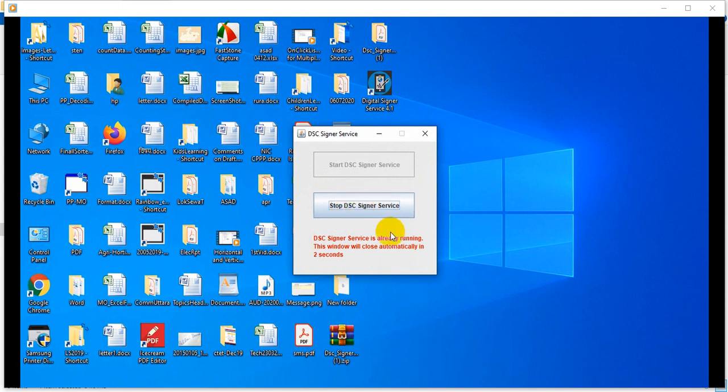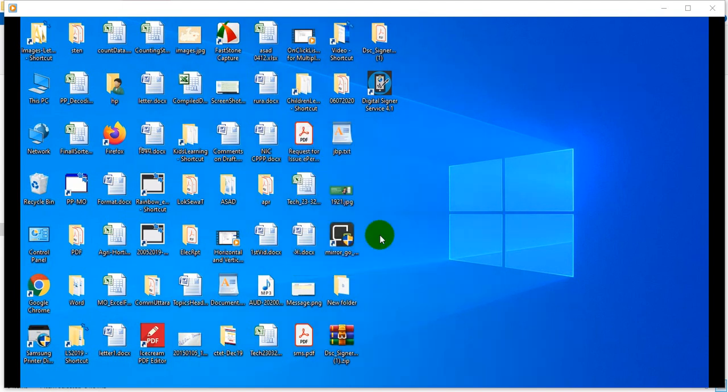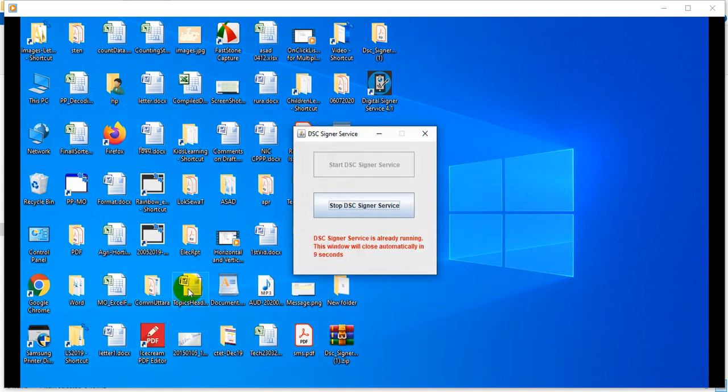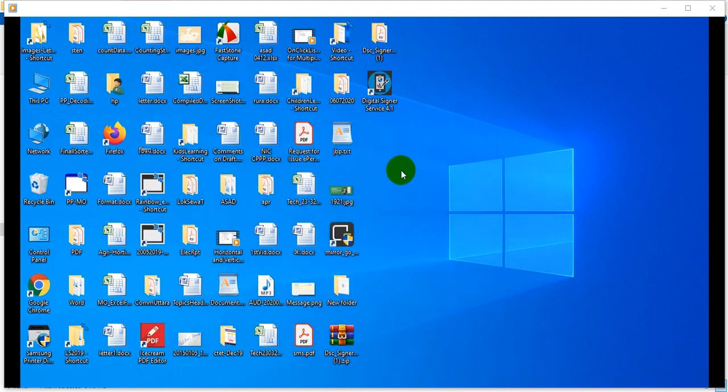Assume I stop the service and shut down the computer; next time when I start my computer, the digital signer service will also start running automatically. If you open this again, this window will be open only for 10 seconds and get closed itself. So not much to know, except that if start is disabled, it means the service is running in our system. When we gave permission, allow access, the necessary work got done in the background for us.